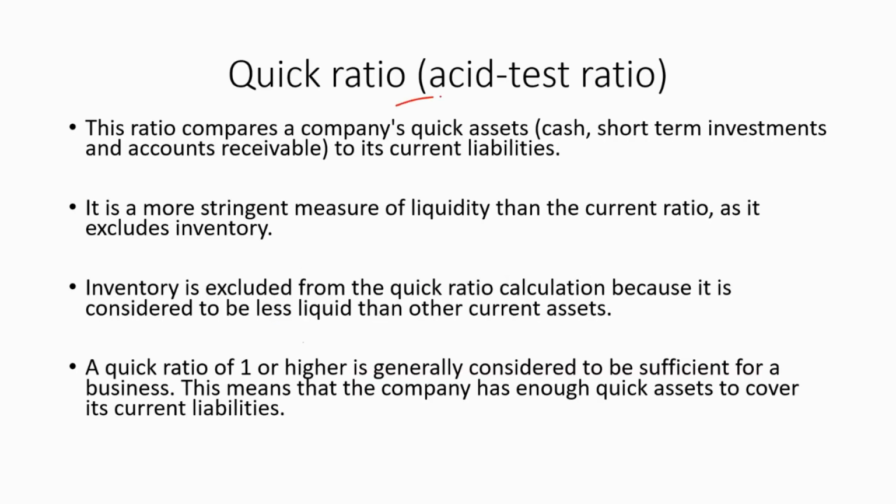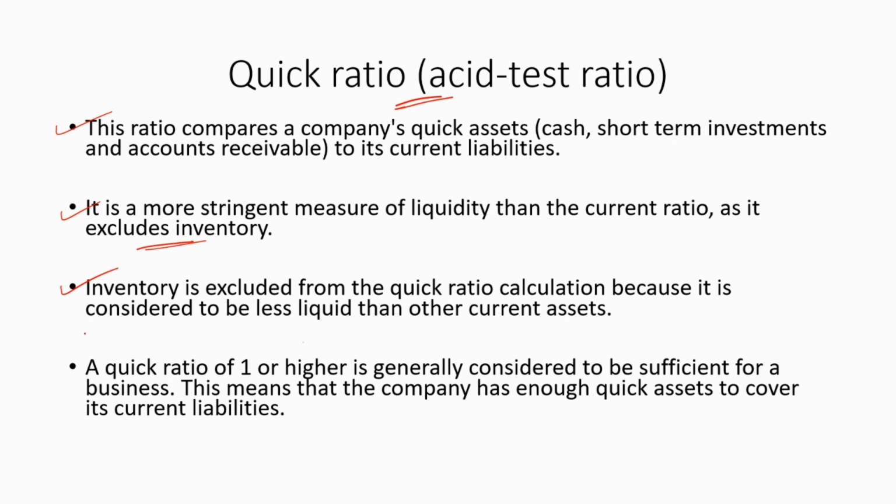Now let's discuss the quick ratio. This is also known as the acid test ratio. This ratio compares a company's quick assets such as cash, short-term investments and accounts receivable to its current liabilities. It is a more stringent measure of liquidity than the current ratio, as it excludes inventory. This is important. In the quick ratio, we exclude the inventory. The only difference between the quick ratio and the current ratio is that we do not consider the inventory. Inventory is excluded from the quick ratio calculation because it is considered to be less liquid